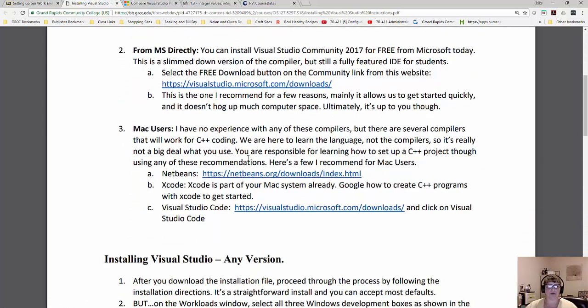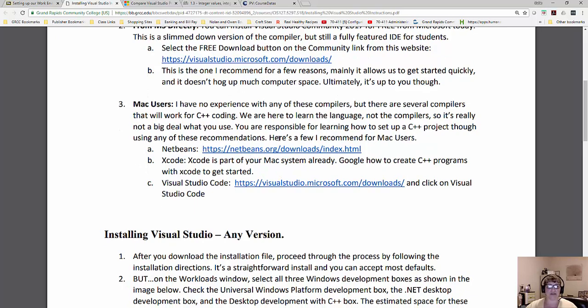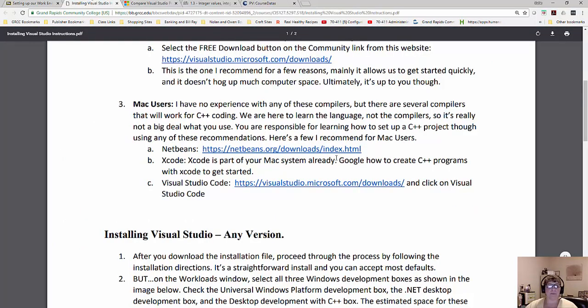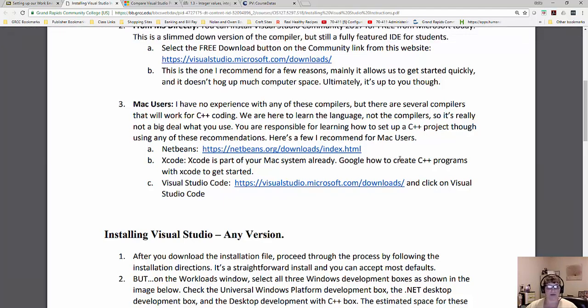Now, if you are a Mac user, I have zero experience with any of these compilers, but here are some suggestions for you. NetBeans, that's one that you'll see recommended when we read through our course information on Netacad. Another one, Xcode, that's already part of your operating system. So you can do some Googling how to create C++ programs with Xcode. There's a lot of resources.